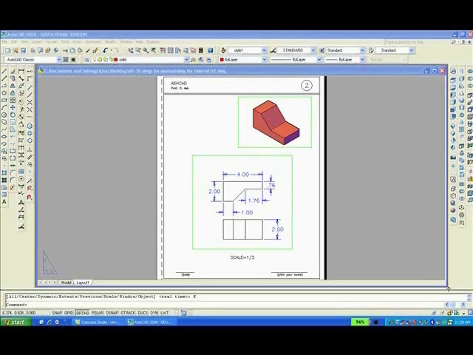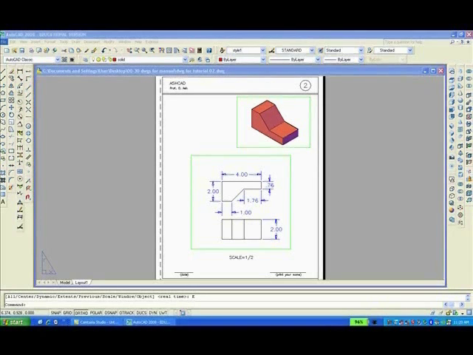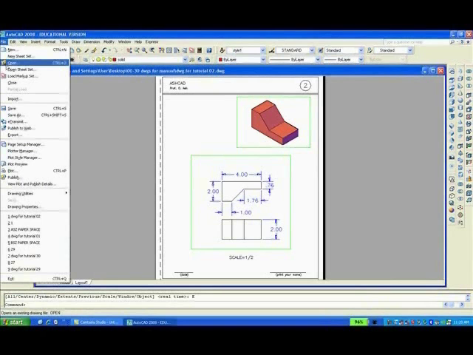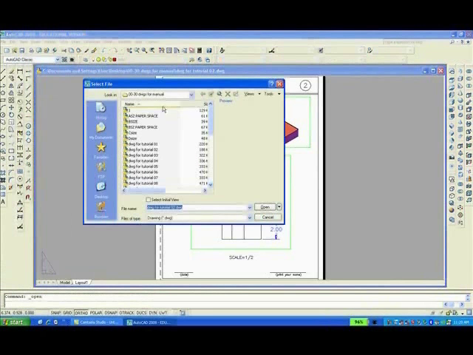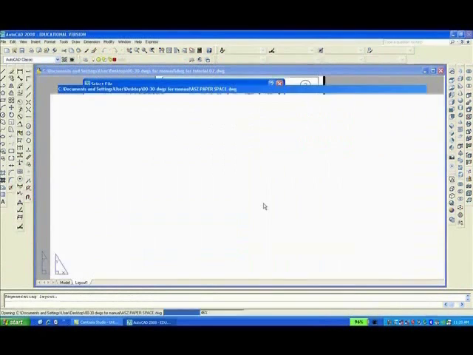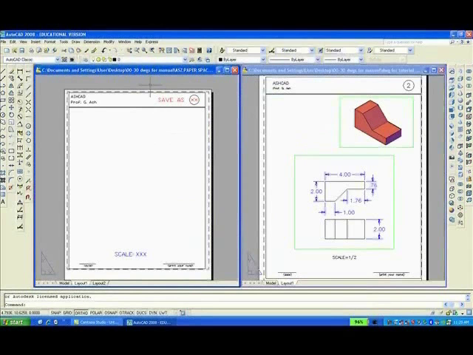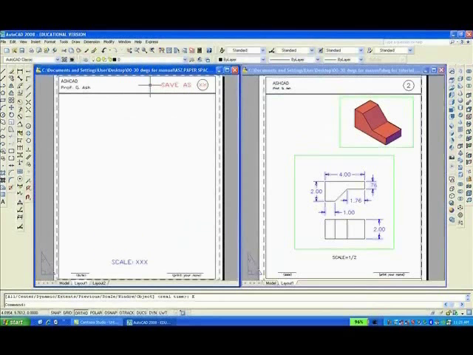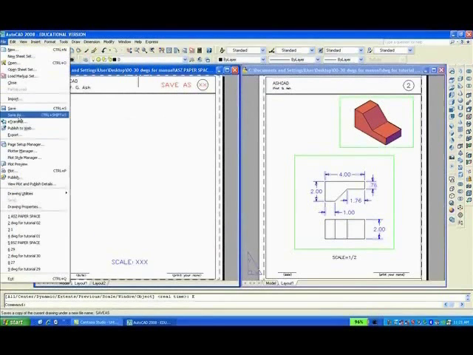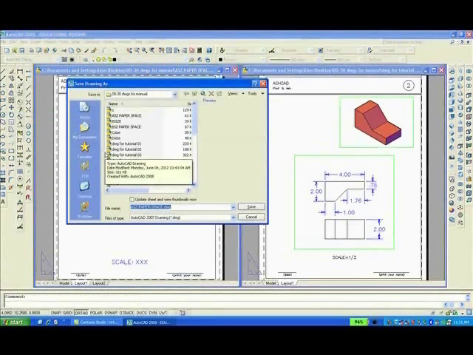This is my exercise 2 drawing that we're going to create using the split screen method that I used in exercise 1. So to repeat, the first thing we'll do is go to File, and we'll open a drawing I created called A Size Paper Space, which you have in your possession. You'll open it, you'll go to Window, Tile Vertically, make sure left is active, Z enter, E enter, zoom extents, File, Save As, I'll call it 2 enter,